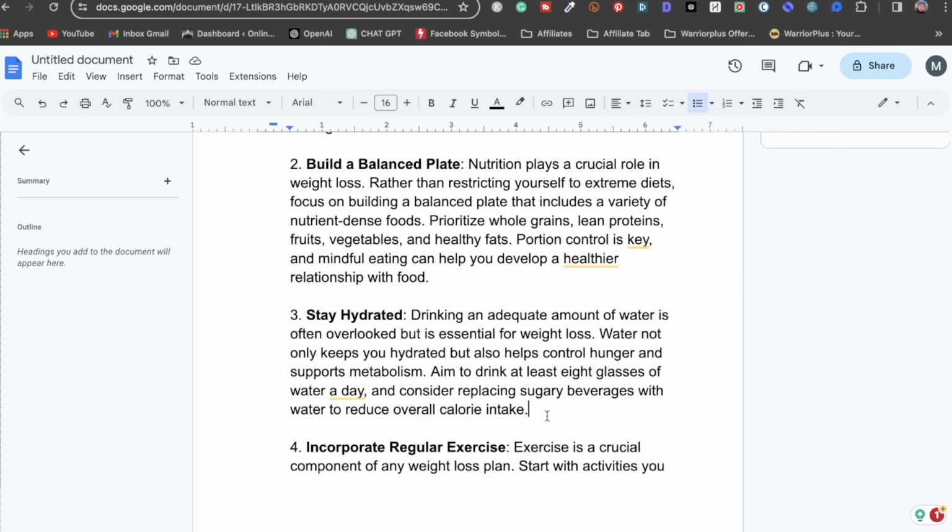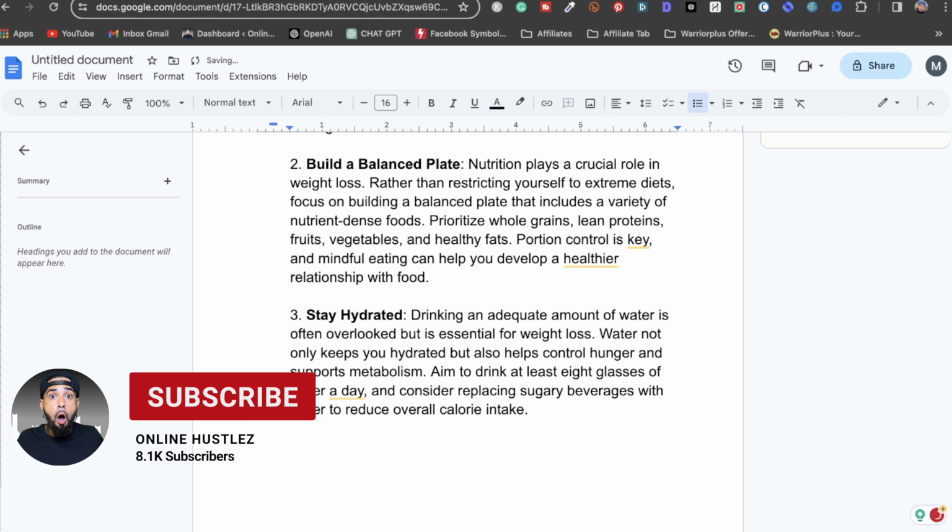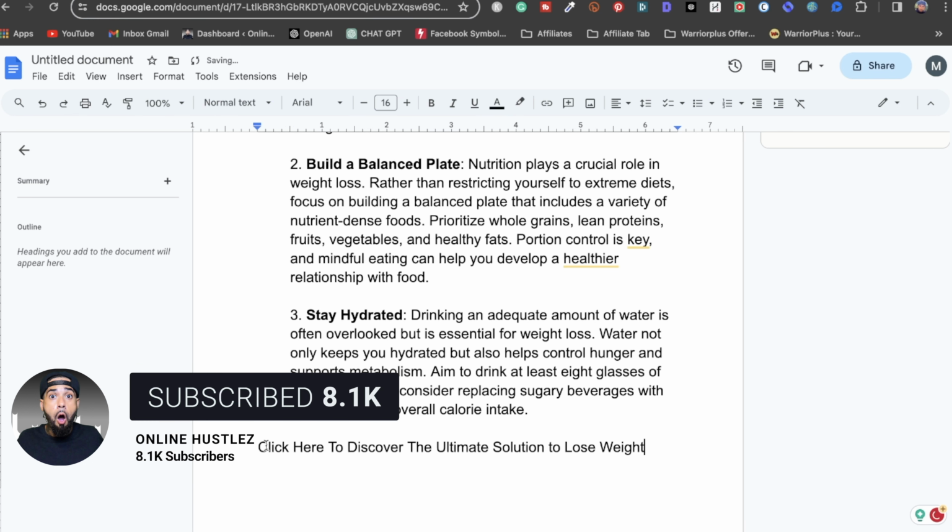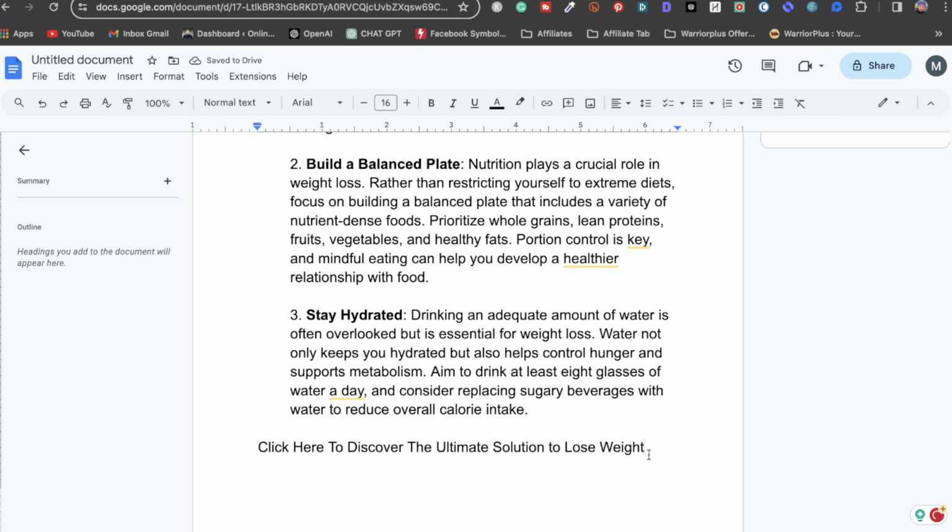So if I copy that, now what I'm going to do is add a call to action into this blog article. So right here, I'm on my blog article. Now I'm going to add this call to action after the 3rd pointer. So I'm going to click enter a few times and paste this in. It's going to say, click here to discover the ultimate solution to lose weight. Okay, I'm going to highlight that,